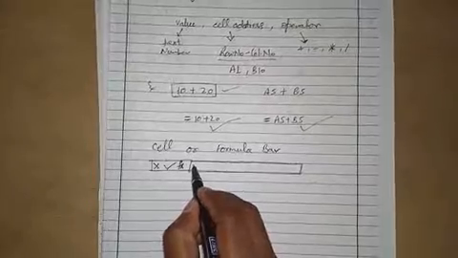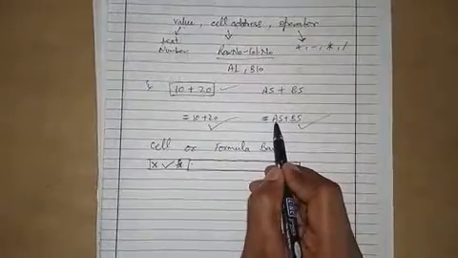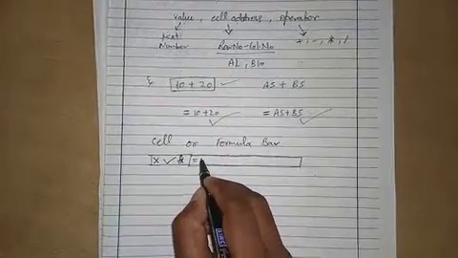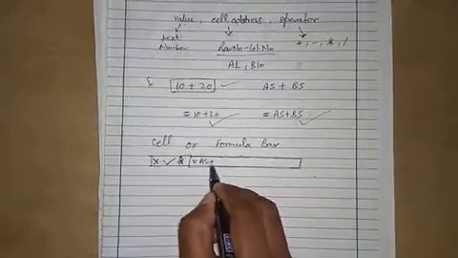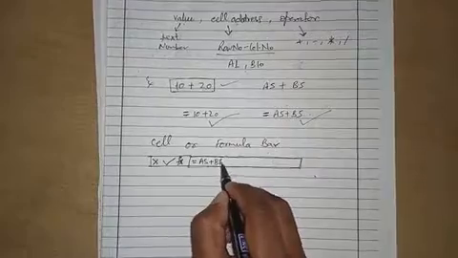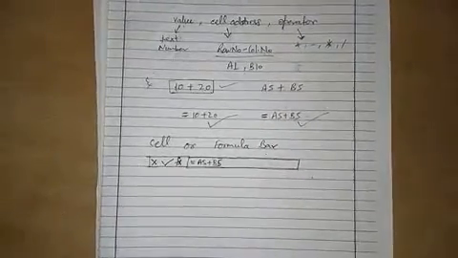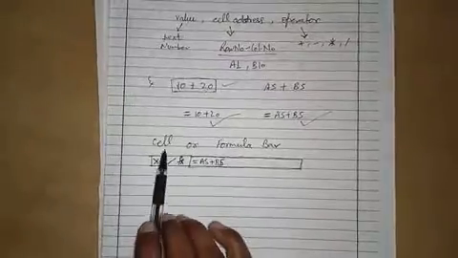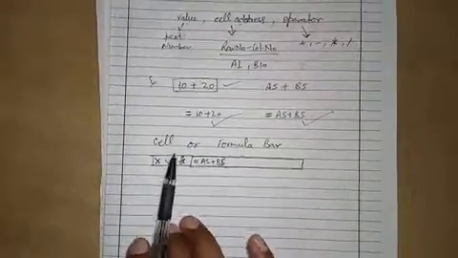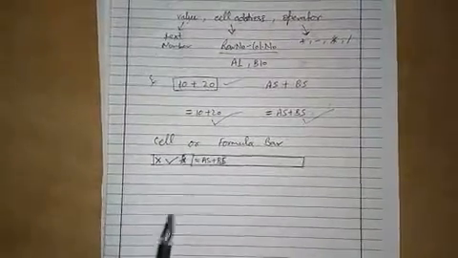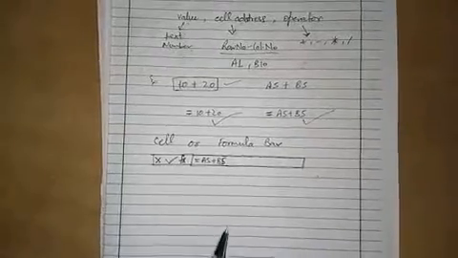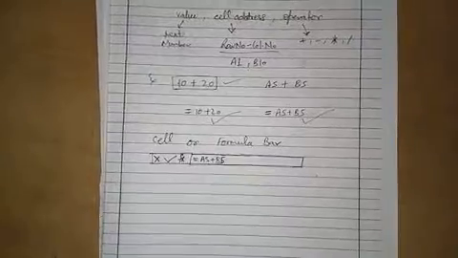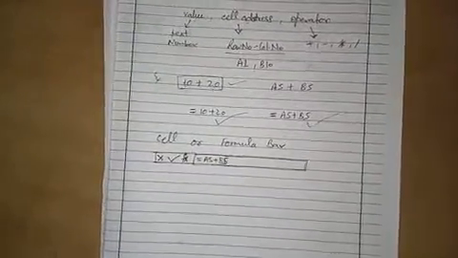Like if I want to write the formula A5 plus B5, then we can write here equal to A5 plus B5. This is the way to write your formula. Or you can write the formula in a cell. If you want to write the formula in a cell, then you have to double click on that particular cell where you want to write the formula. I think you all have got this point.